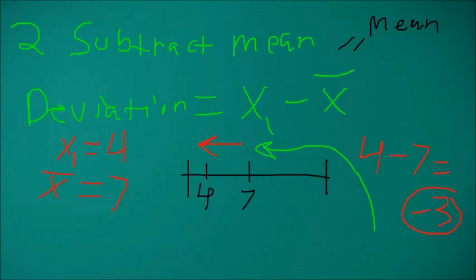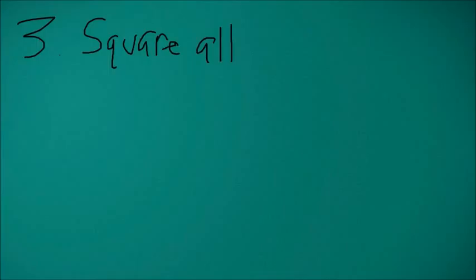Okay, so then for step 3, we are going to square all of the deviations that we get. For example, that last one we got a deviation of -3. So that means d squared is -3 squared, which is equal to 9. You would do that for all data points. Okay, so now for step 4,